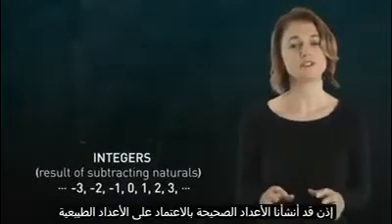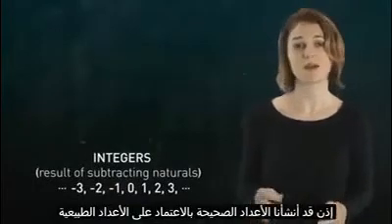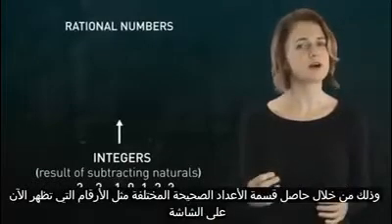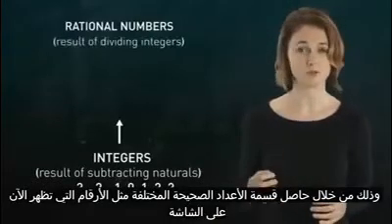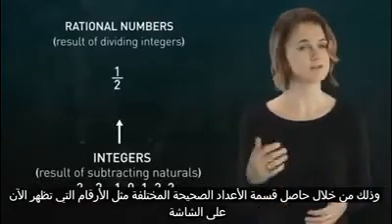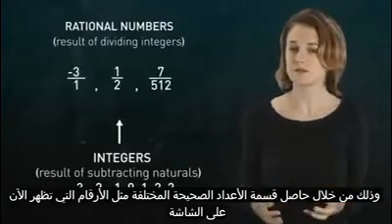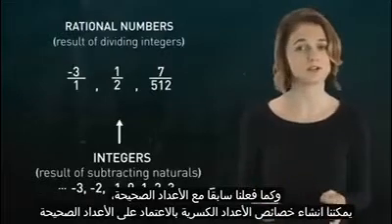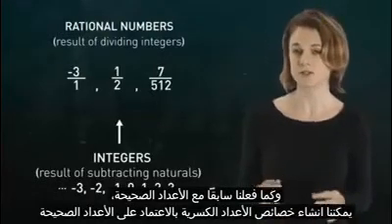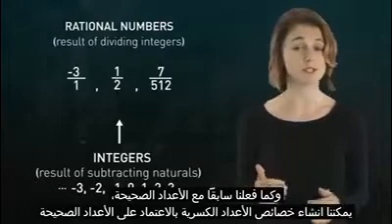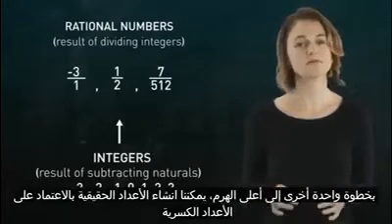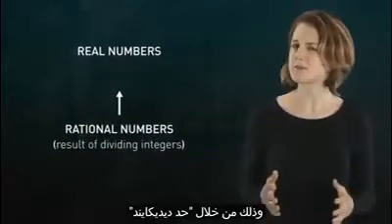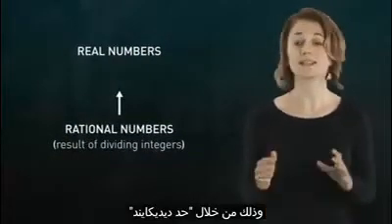We've constructed the integers using the natural numbers, and then from the integers we can build the rational numbers. They're all the possible things you can get by dividing one integer by another, like 1/2, 7 over 512, or negative 3 divided by 1. And similar to the previous construction of the integers, we can define the properties of the rational numbers in terms of the properties of the integers. One step further, we can also construct the real numbers from the rationals. But it's a bit more tricky, using something called a Dedekind cut.